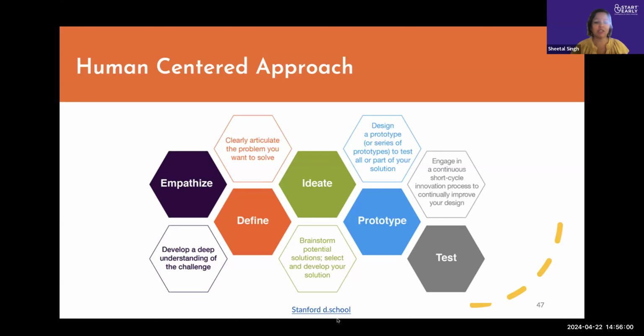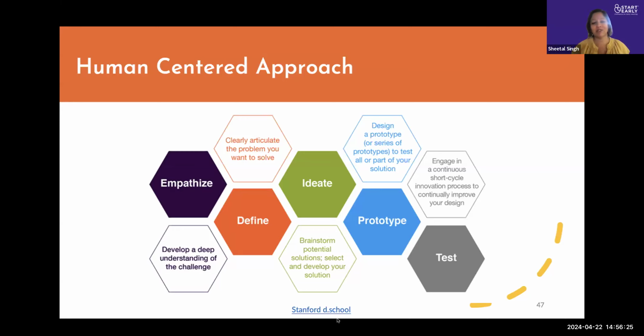You might actually decide that the problem you were trying to solve is not the problem you should be solving. And that is very, very typical of a human-centered design approach. As you learn more about these different perspectives, you change your own perspective. And we'll see as we talk about keys to success in using human-centered design that having an open mind is probably the most important